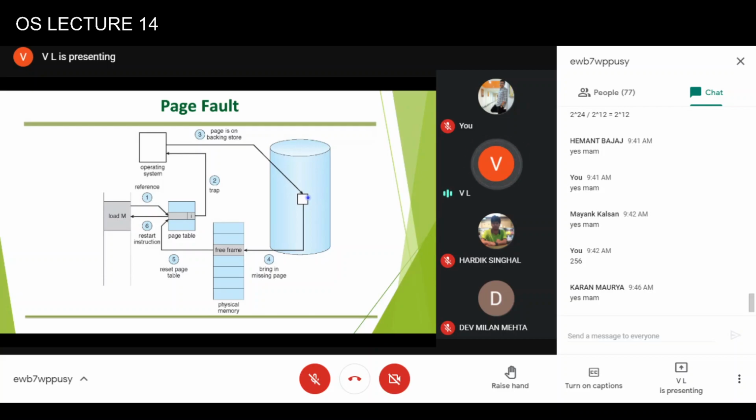Because it knows where the process is mapping to the hard disk, and then it will load the page, find a free frame, load the page into that free frame, and then change the corresponding entry of the page table. And then it will return from the trap, and then the same instruction will be executed. But this time it will not trap because this page table entry is now corresponding to a valid page.